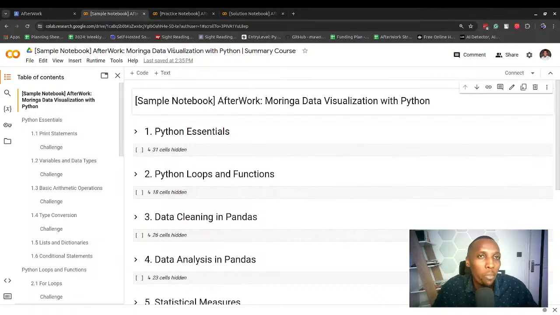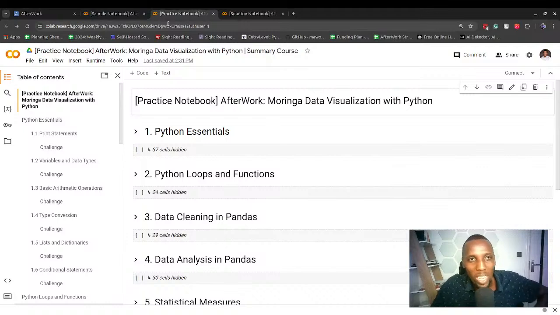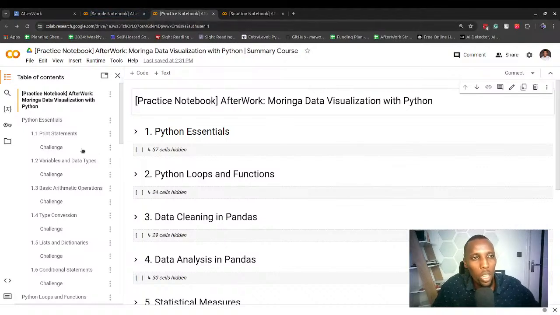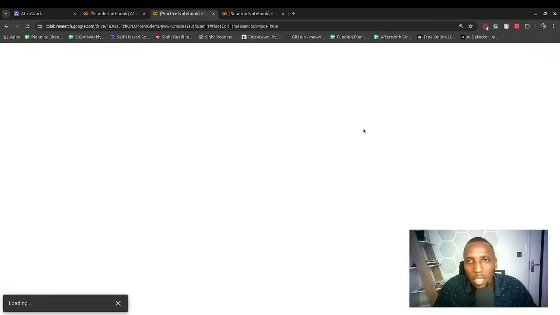I'll actually be using my practice notebook. And also if you're an Afterwork member, just use the practice notebook. So once you've opened that, you should now have a copy of the sample notebook and you should be ready to go. So for me, I'm going to open mine in playground mode so that I don't make changes to